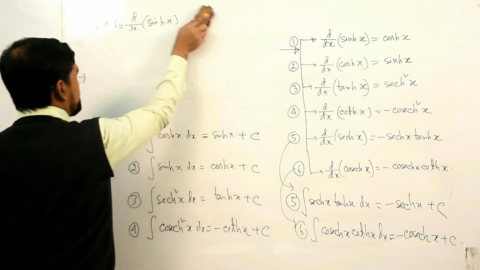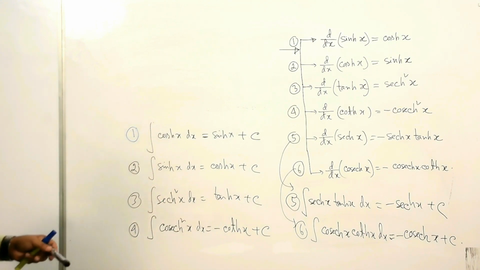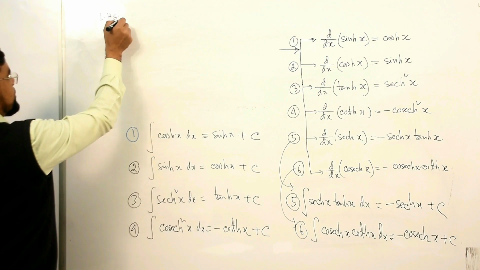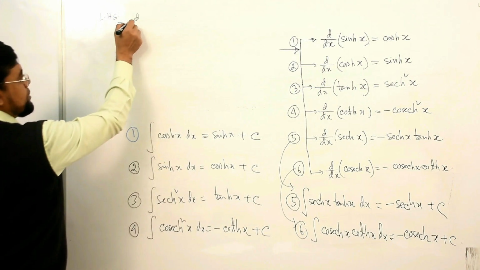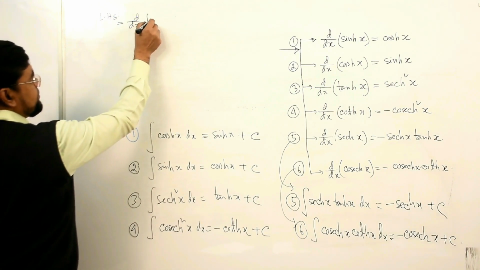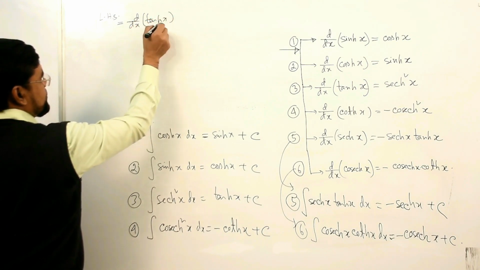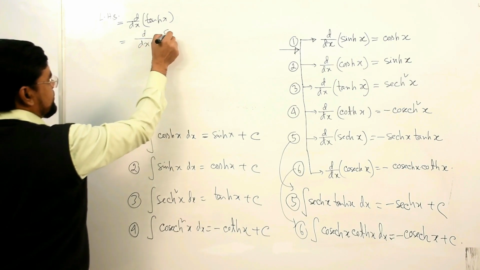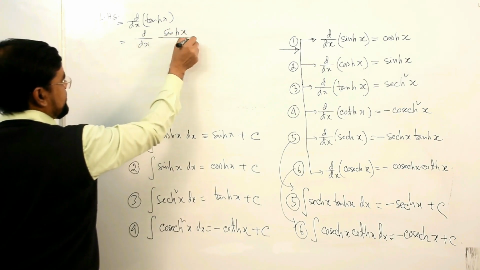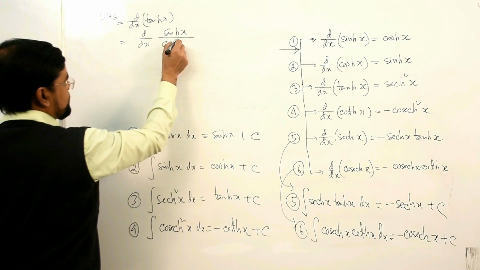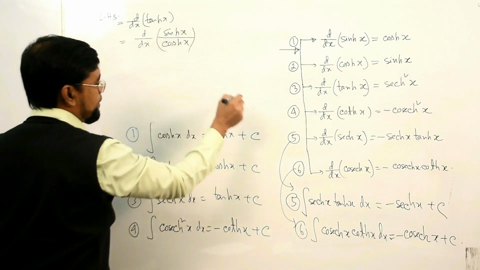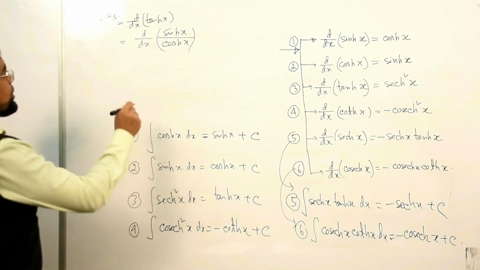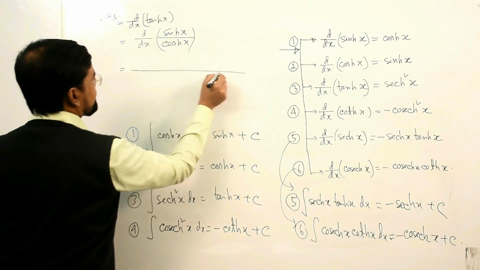And let me prove the third one. Left hand side, the derivative of tan hyperbolic x, which is equal to the derivative of sine hyperbolic x divided by cosine hyperbolic x, and we know the derivative of u by v is equal to